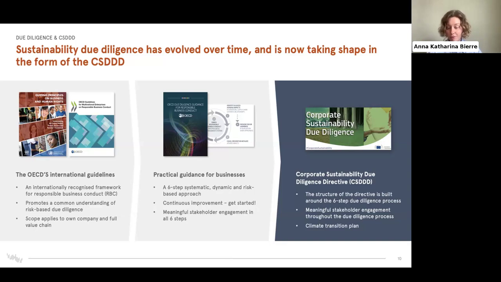They are complementary frameworks, and what they aim to do is to promote this common standard for how to work with sustainability due diligence. And there are certain overlaps and integration. So for instance, just to give an example, when CSDDD asks companies to do a risk assessment, the whole methodology comes from these international guidelines. And in fact, it's the same methodology that is also applied in CSRD and the double materiality assessment.